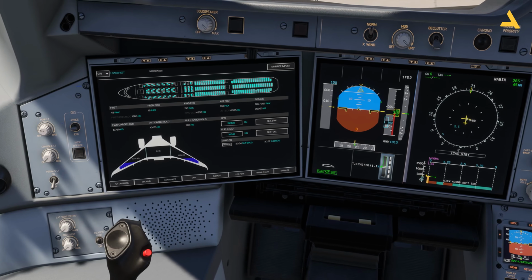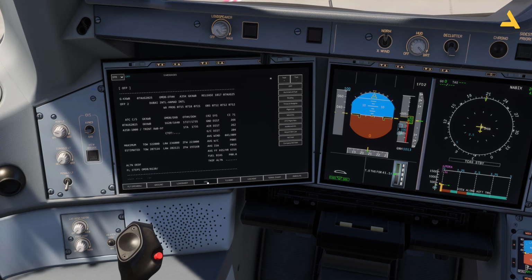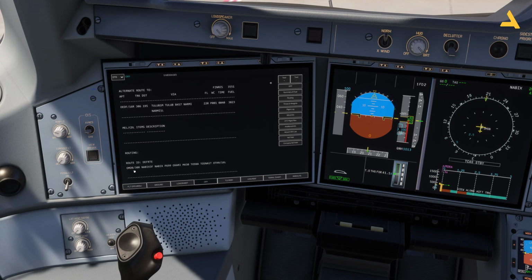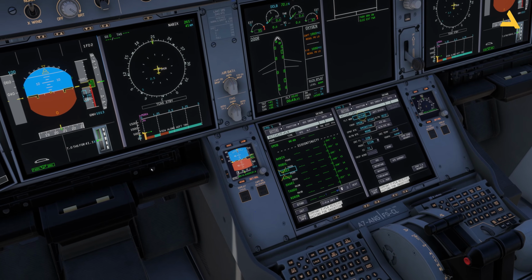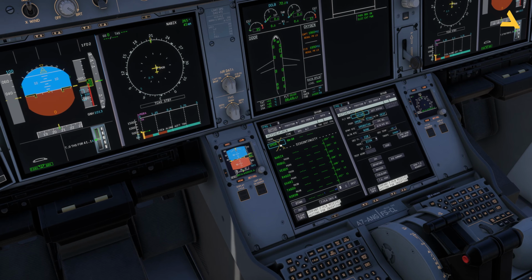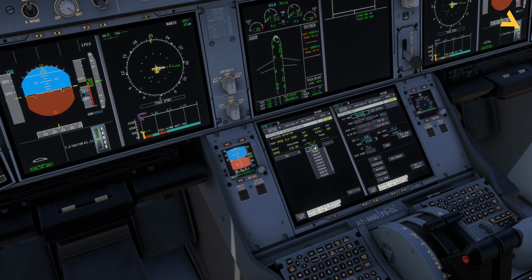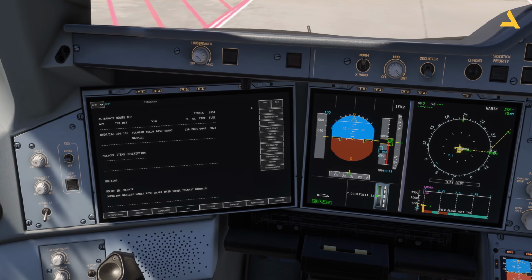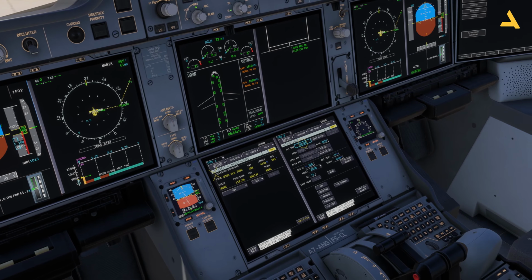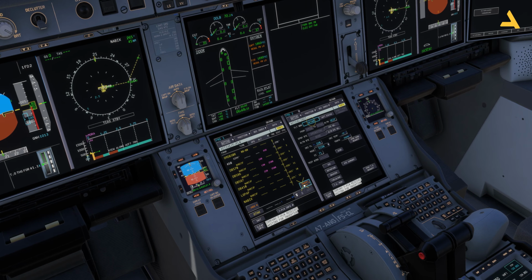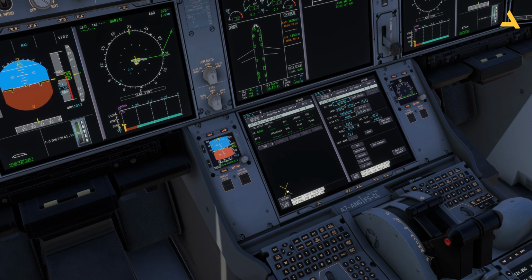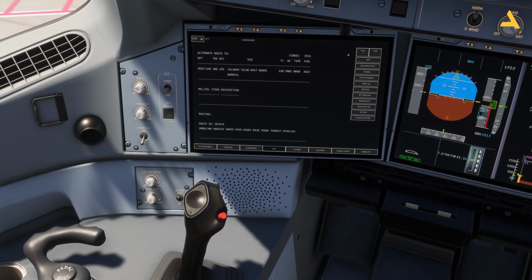Now let me quickly select the departure. 30 right, Navix 3F. 30 right, and this is the one. Exactly. So just insert this,